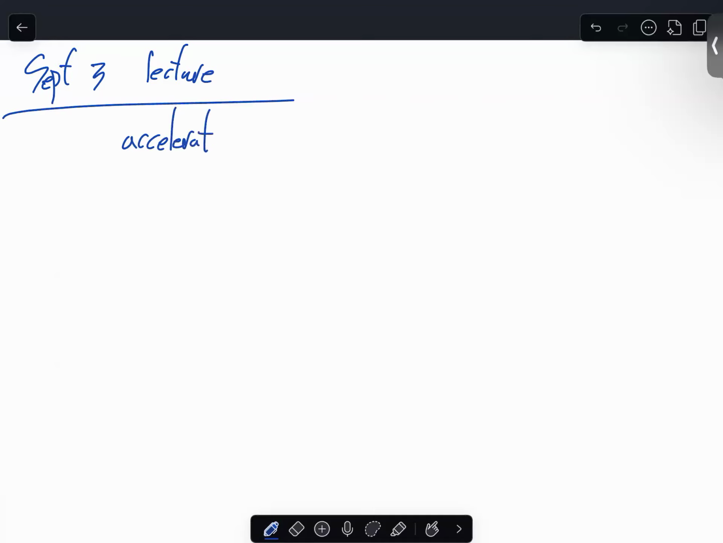Read it first. Set 3 lecture notes. Acceleration, A, is defined as